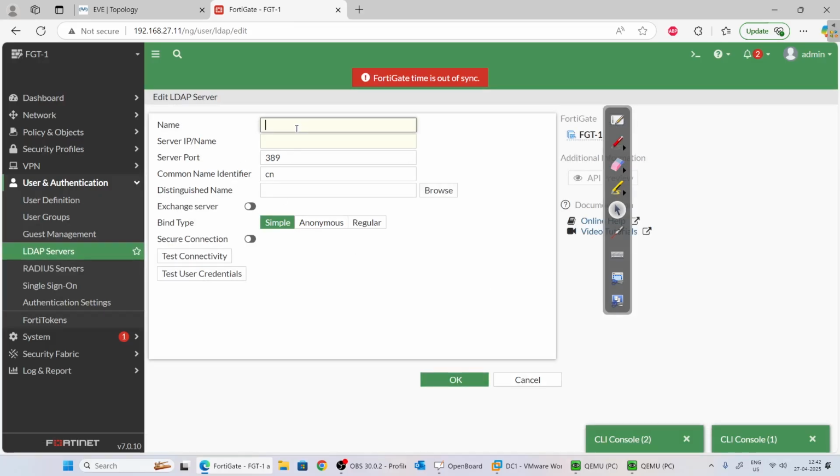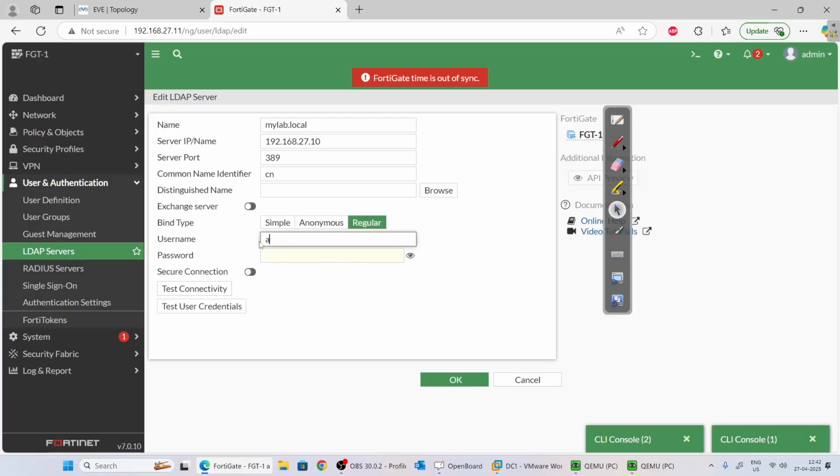I will just write our AD server, or mylab.local is my domain name, so I can use that. And the IP address of my server is 192.168.27.10. This is the default port, and for the authentication we will use the existing administrator account,